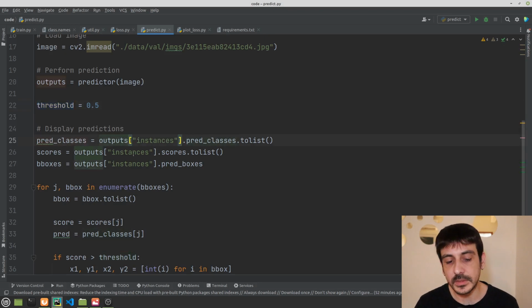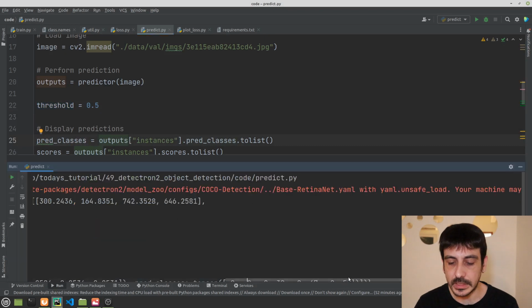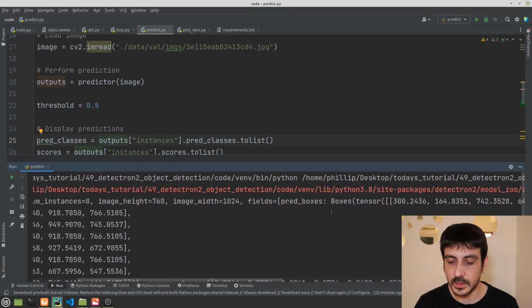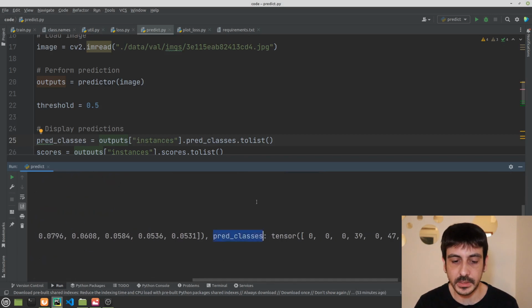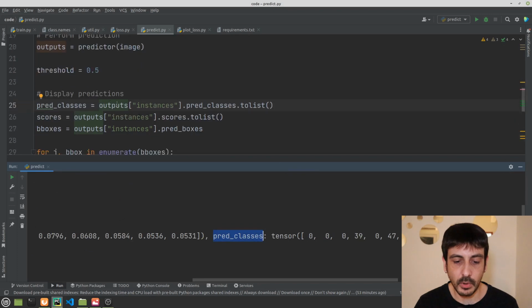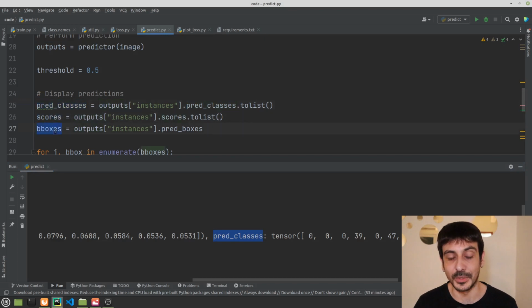Now let's continue. You can see that basically we are parsing through the outputs. You can see that we are getting 3 objects: the pred boxes, the scores, and the pred classes, right? So the only thing I'm doing is parsing through this information and getting these objects: pred classes, scores, and bounding boxes.